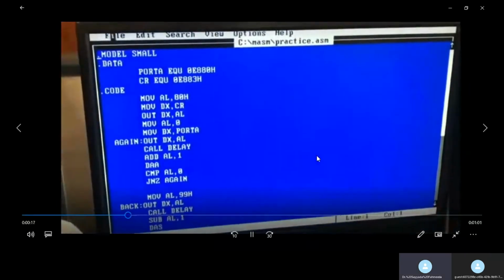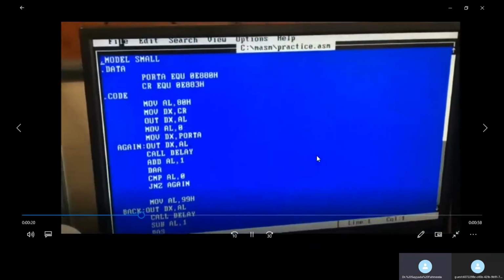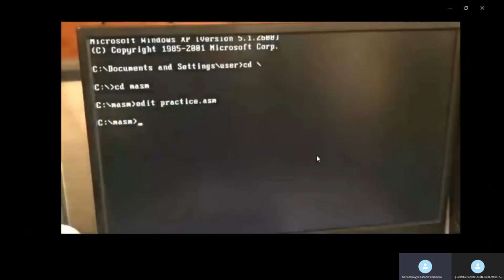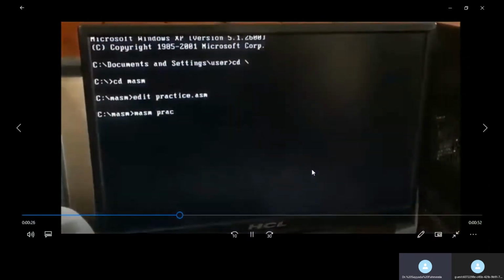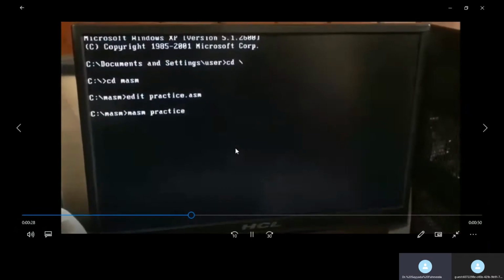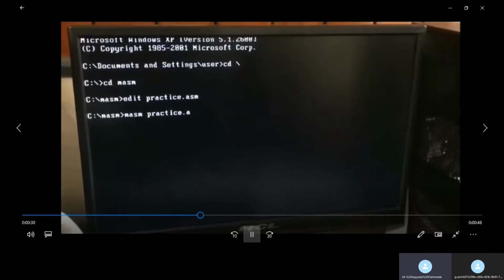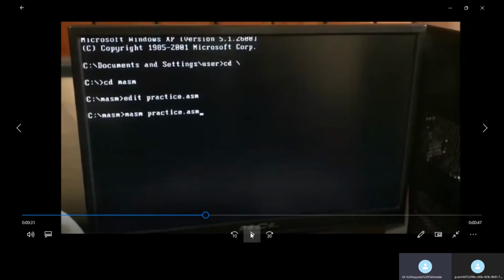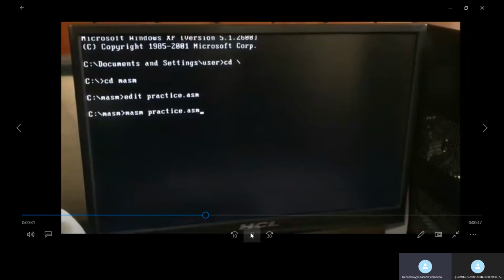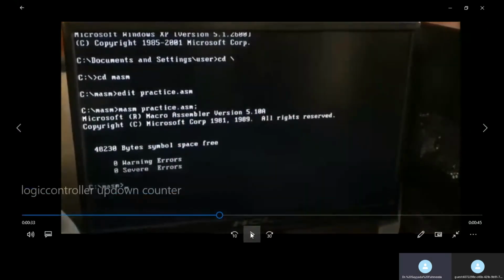You need to type the program. After typing, save the program and exit. Then you need to write MASM filename.asm, the same way as you write software programs, to run the program. Then type a semicolon and press enter.